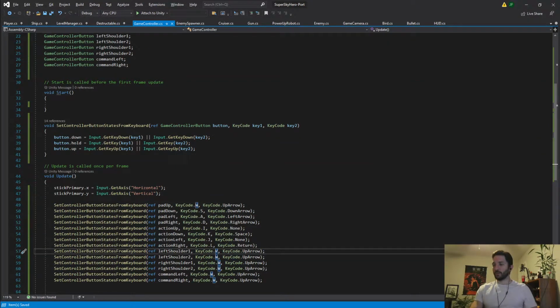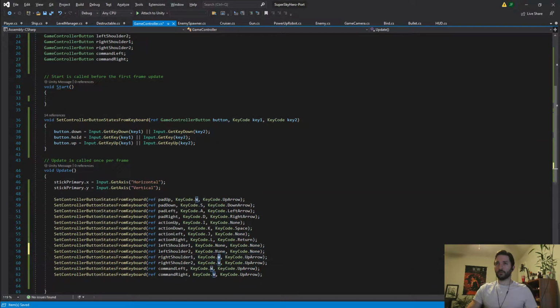Now we got left shoulder 1. I don't know what the ones are going to be right now. Left shoulder 2, none also. Right shoulder 1, none also. And right shoulder 2 is going to be left shift, or, yeah, I'm not sure. Left shift or